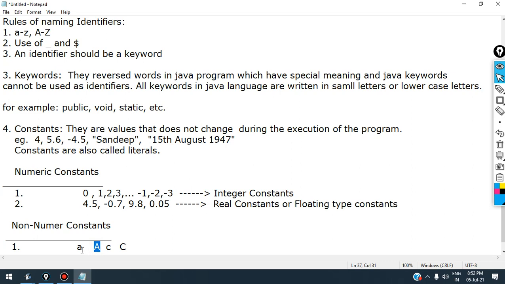For the Java programming language, capital A and small a are different. This is the reason the Java language is also known as a case sensitive language. Case sensitive means the Java language treats capital letters and small letters differently. For Java, small a and capital A are not the same, they are different. Remember it. So even a single digit number like 1, 2, 3, all the single digit numbers,